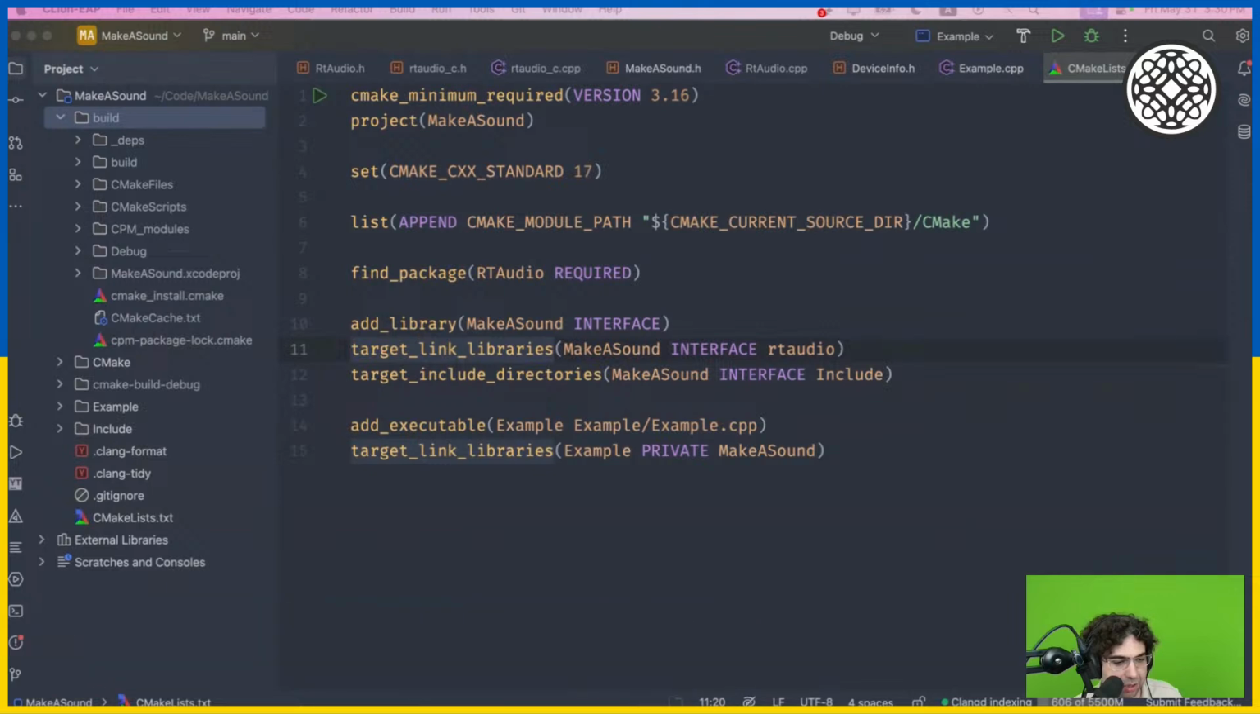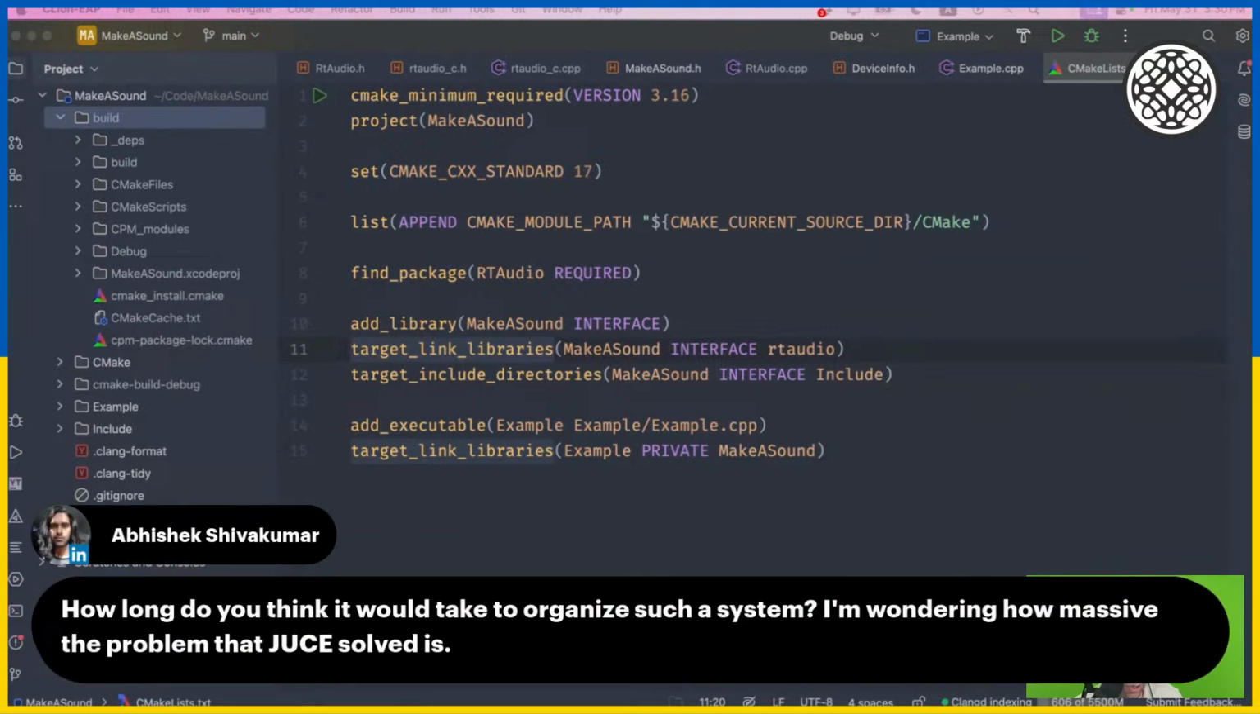Okay, so Abhishek asks, how long do you think it would take to organize such a system? I'm wondering how massive the problem that you solve is. So first of all, to be perfectly honest, what I'm doing now, I'm not solving what Juice is solving, even if we're just talking about the Juice